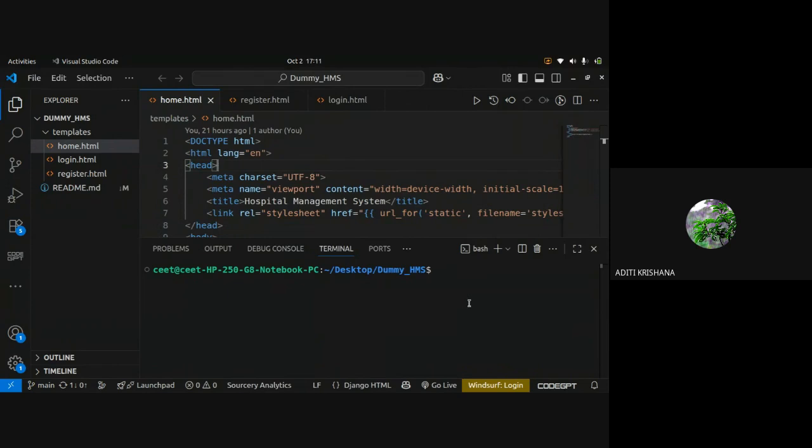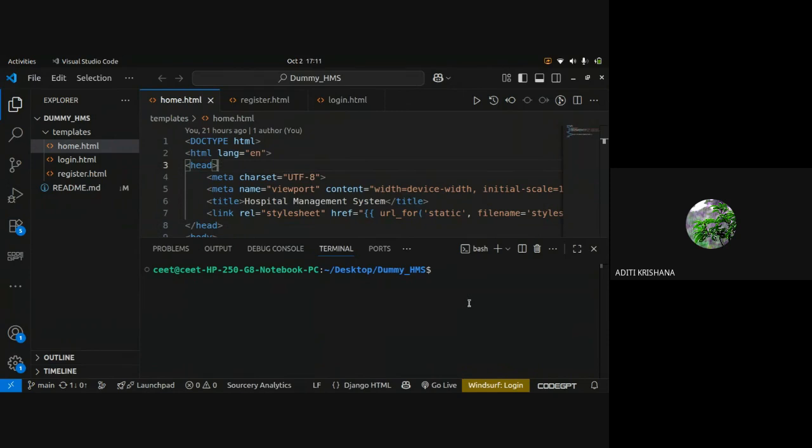Similarly, there are many terms, but all functionalities are similar. Everywhere, creation is happening. That means the column names, field names, or features of that particular thing will change, but it will be done in the same manner.